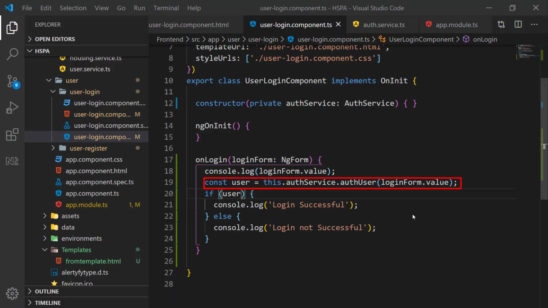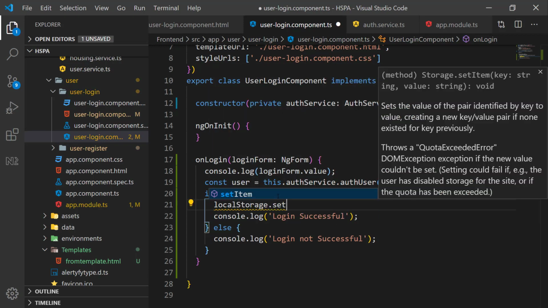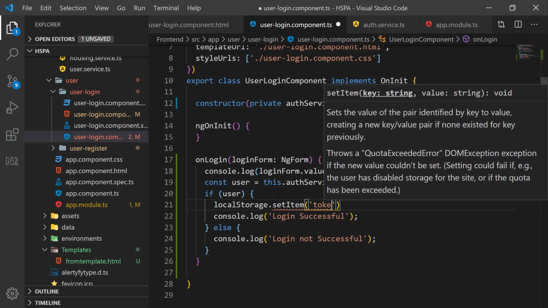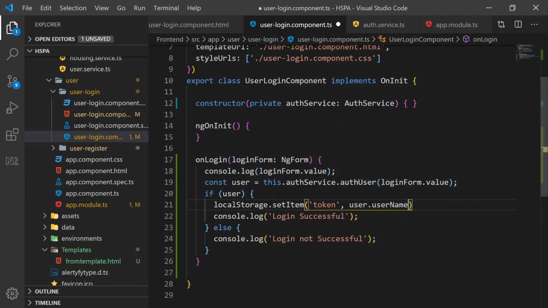Here we are just returning a user that is stored in our local storage. But in actual, when we create an API, our API will return some encrypted key here that will contain a lot of other hidden values we will use to validate the user throughout the session. We will store that key as a token in our local storage to validate the user in subsequent visits. But for now, let's just store the username as token here in our local storage.